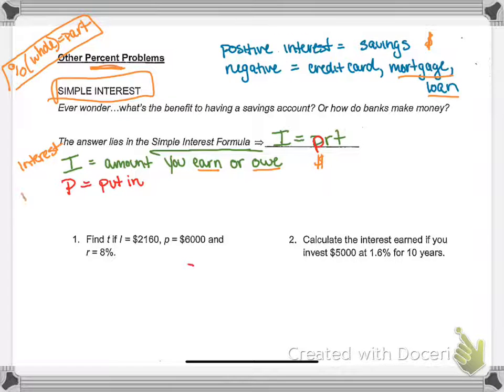The P stands for the principal, okay? And that's going to be the amount of money we put in. So the amount of money that we put in our savings account to start, or it could be the amount of money that we borrow. So I'm going to add that here. So the amount of money we borrow or the amount of money we put in. That's our principal. Our R is going to be our rate, and that's basically just the percent. So if I have a savings account, I want